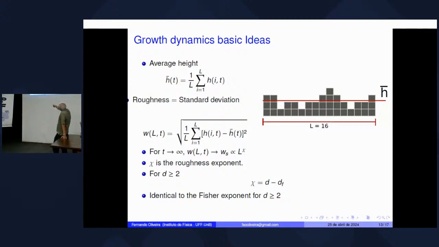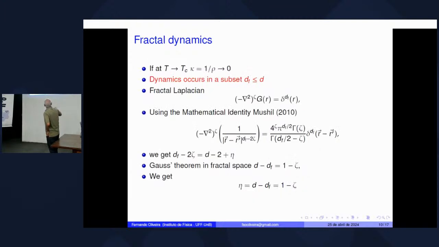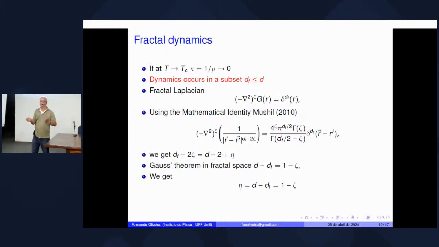And for D larger or equal to 2, this is the same as we have obtained for the Fisher exponent. I mean, it's the deviation from the integer dimensions to the fractal dimensions. Okay, so let's go back again to the Fisher exponent here, which is this, d minus df. So for 2 dimensions, we know we have a Fisher exponent. So the fractal dimension is some number, and you have a big difference between the fractal dimension and so on. When you go to 3 dimensions, it's decreasing.